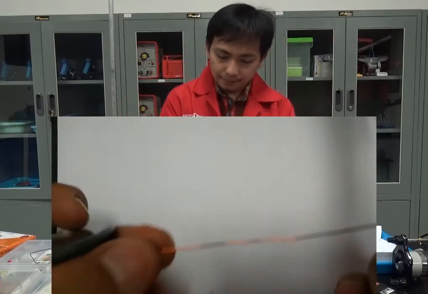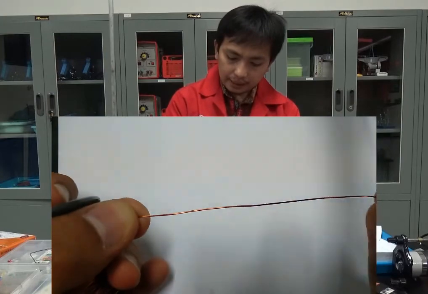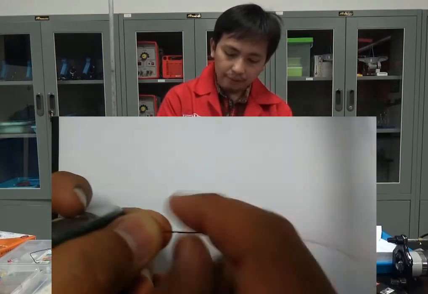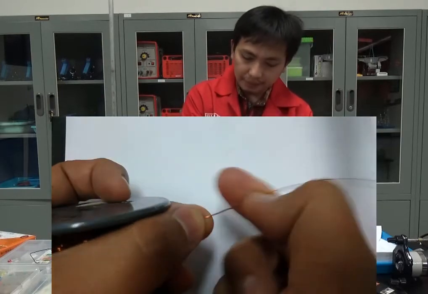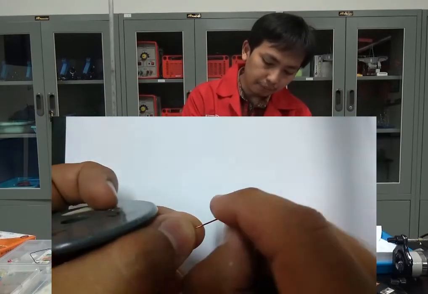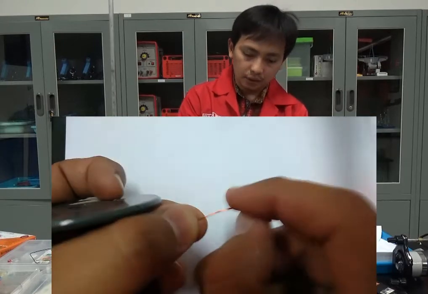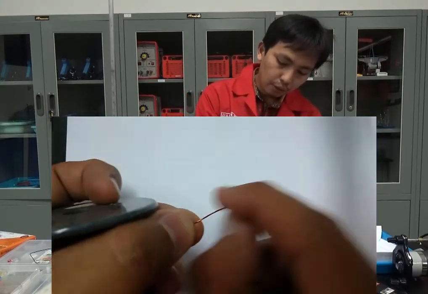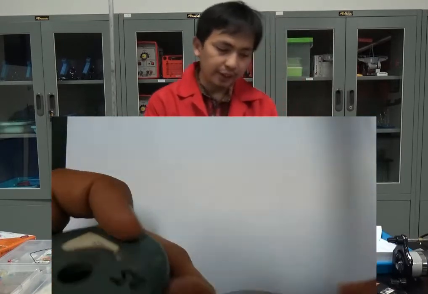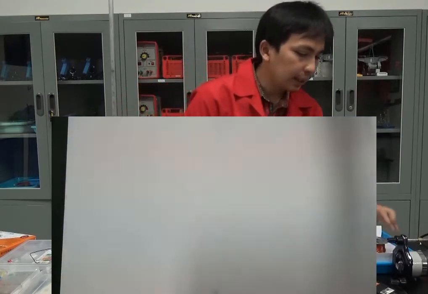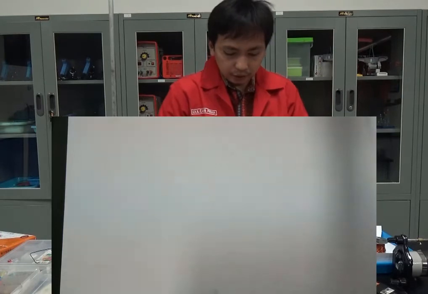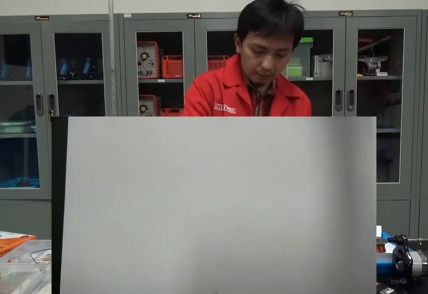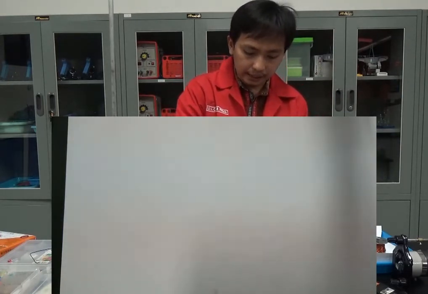Please remember the coil here was covered by insulator. So the insulator must be peeled previously, so we can meet the conductor inside. The conductor can be found when we peel this coil cable. Okay, and we also have the power source here. This is for DC, and here for AC.